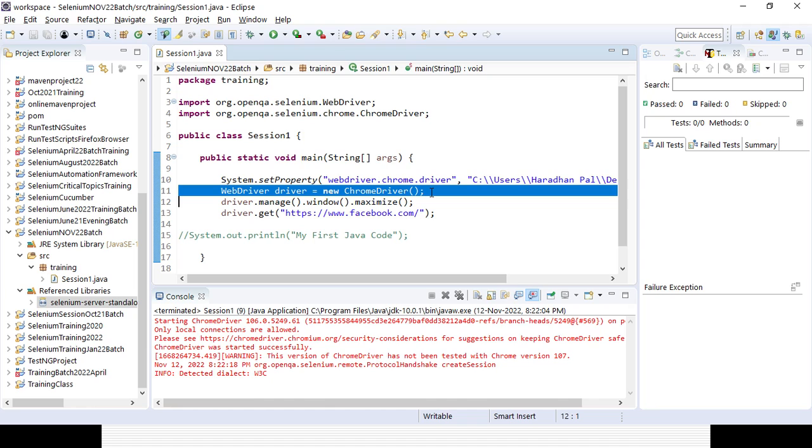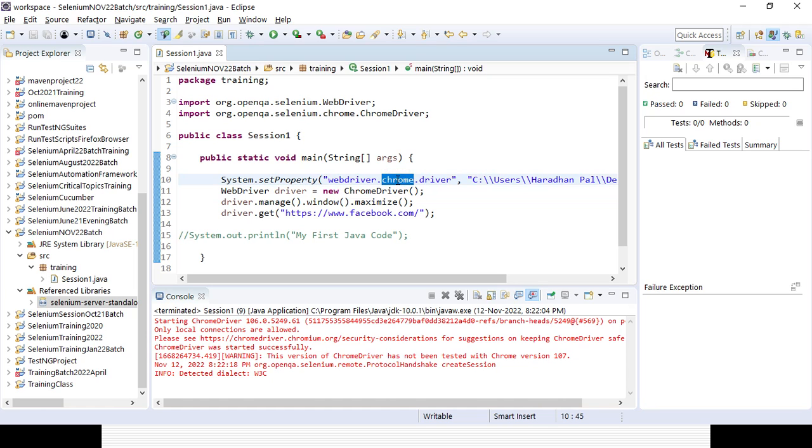Yeah, it will be based on your requirement, right? If you want to run with the Gecko driver, then you can just simply type Gecko. For the Firefox driver, Gecko.driver, and you can give the path. Later on, I will show you that in case you want to set up all the properties, you can set them in a single time. But you can just change it based on the setting.